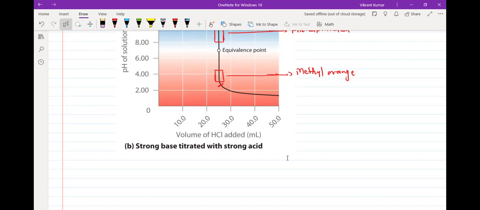So CH3COOH plus CH3COONa will give you a buffer solution, and buffer solutions are known to resist the change in pH. तो यहाँ जो मैंने बताया, equivalence point के पास you will be observing a sharp change in pH. Near the buffer solution you will be observing a very slow change in the pH. तो I'll just show you the diagram, उससे अपने आप पता चल जाएगा. If I am having a weak acid